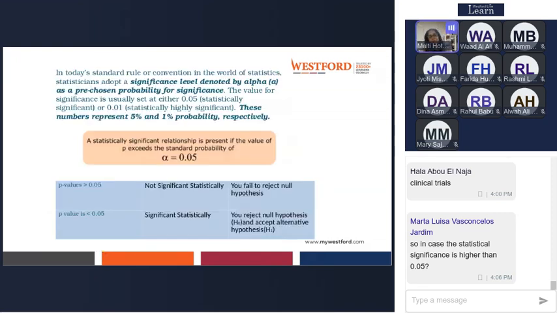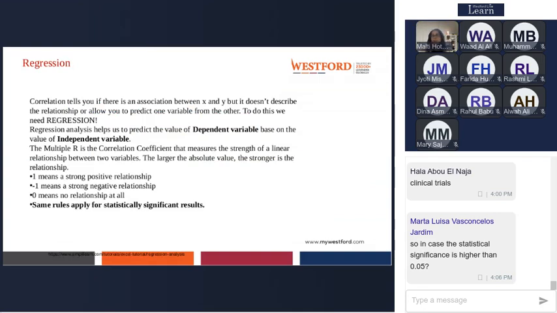Till here we understood correlation, that there is a relationship between a variable x and y, but how much correlation is there? If one variable increases, let's say the height increases by 1 inch, how much will the weight increase? That is predicted by a test called regression. What is that test called? That's called regression.